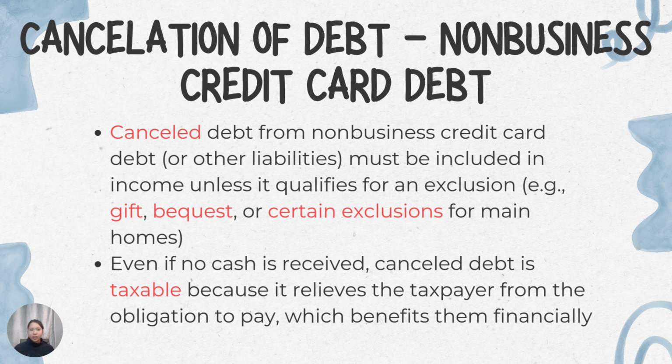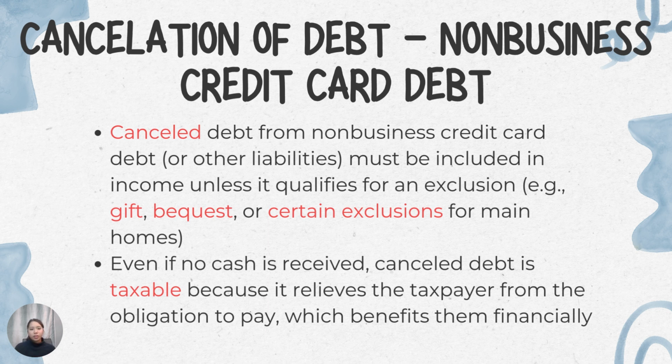If this doesn't really make sense, think about it as in you have this large credit card debt bill, meaning you charged up that credit card and you can't pay it back anymore. So say you have like $300 you still owe to the credit card company, and you're like, oh man, I just can't pay it. That $300, if you write to the credit card company, sometimes they'll offer you a deal. They'll be like, hey, we still want money for that $300 that you spent that was ours. So if you just pay $200 of it, we'll cancel that 100.